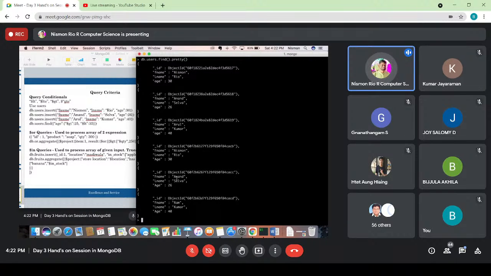I have to find the people whose age is greater than 25 and the people whose age is less than 35. So how to do that? Using the find method only, but I have to specify the condition, whatever output I am looking for. So now I'm going to search for the person whose age is greater than 25 and less than 35. So I am just giving this